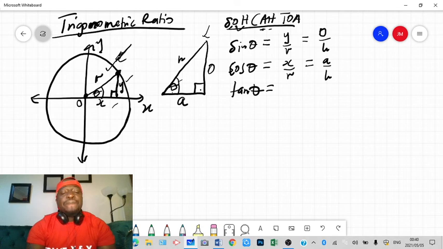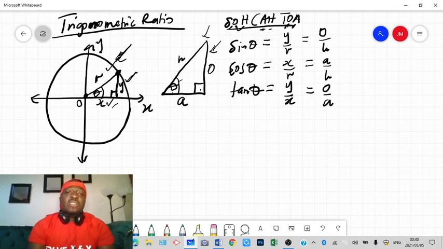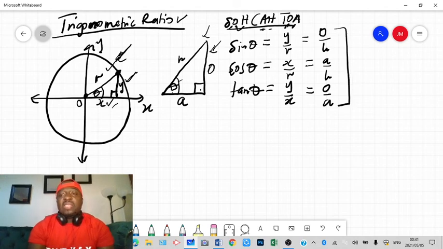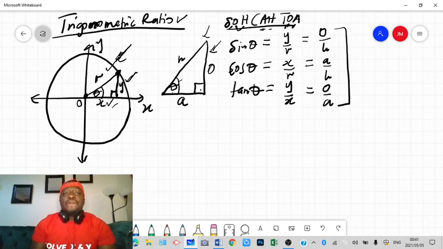And lastly, if I look at my tan theta, which is opposite over adjacent, the opposite side is your Y, your adjacent is X. Therefore, I would have Y over X. If I use this right angle triangle, then my opposite is O, my adjacent is going to be A. These are your trigonometric ratios, and this is how they are expressed. Okay. Now, from this, I'll look at the signs